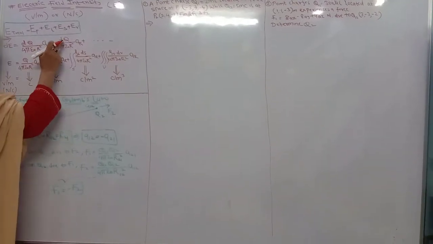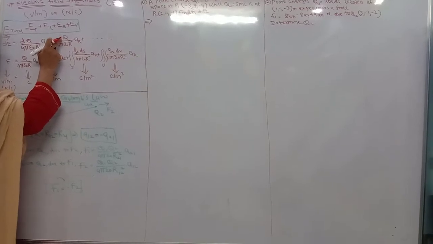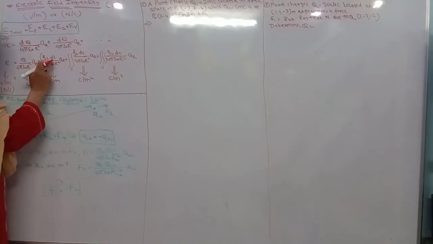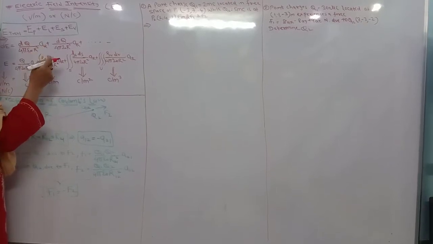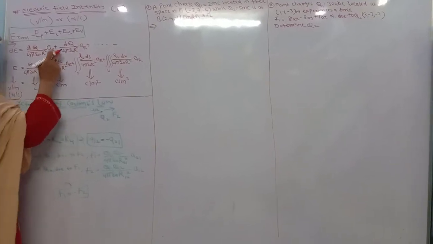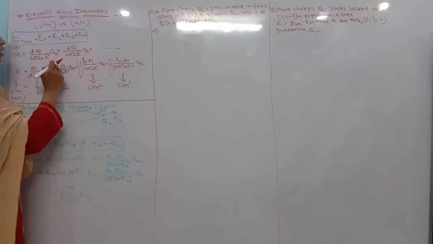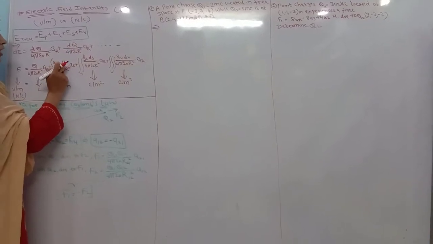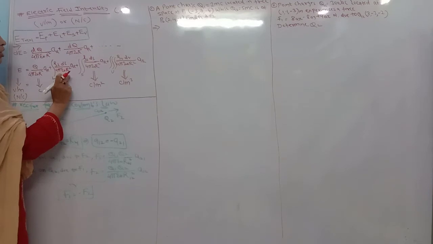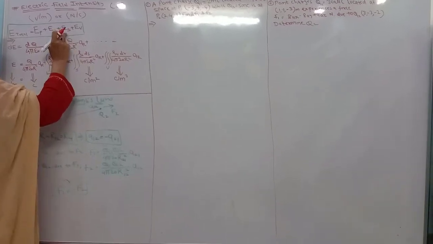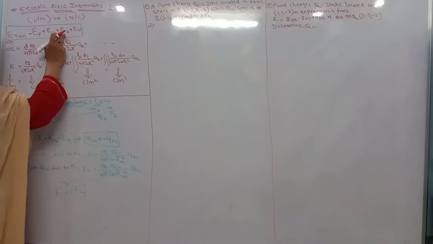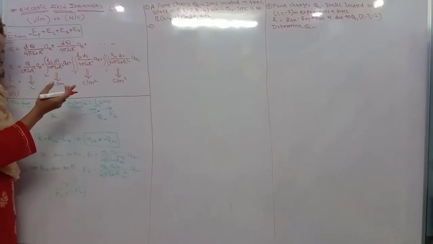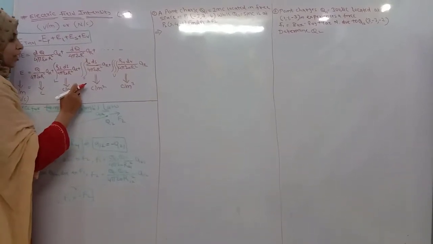Here we have already done the derivation related to this one. dq is nothing but rho L dl, because we are interested in calculating the line charge density. If dq is equal to rho L dl, then it is divided by 4 pi epsilon 0 R square AR. If you are talking about the surface charge density, the electric field intensity which is related to the surface area, at that time how can I write my equation?